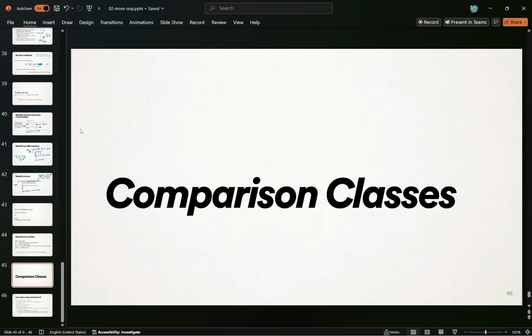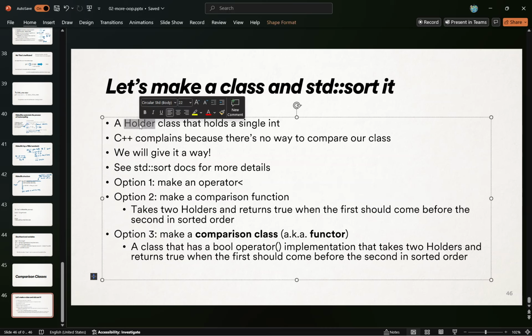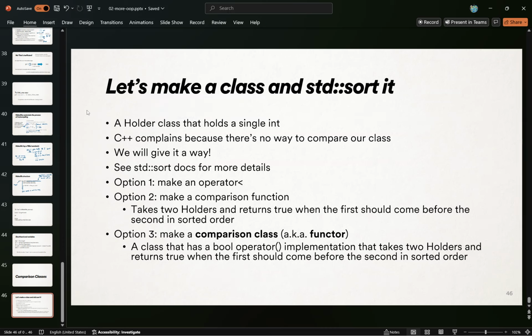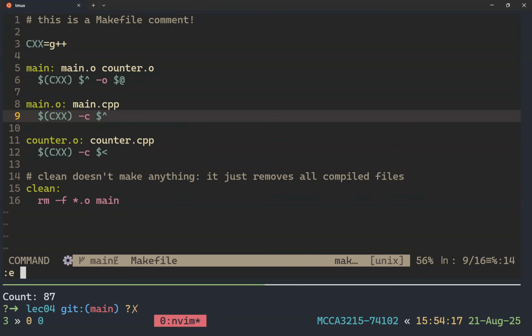All right, so let me make a silly looking class so that we can do silly things with it. One day you'll want to do this. So I'm going to make a class called holder. It's just going to hold on to one thing. It has one member variable. It's kind of a wrapper around an int, we'll say. And let's do stuff with it. All right, I'll call it sorting